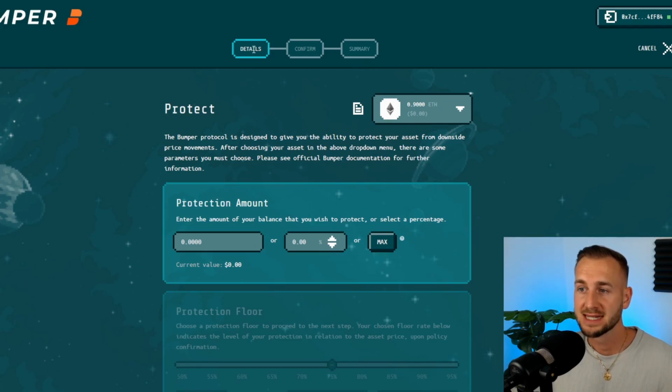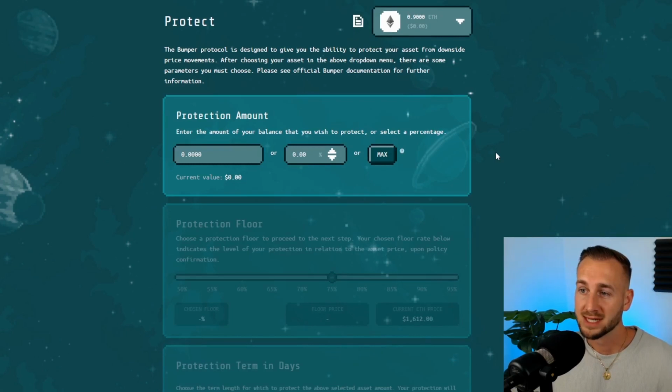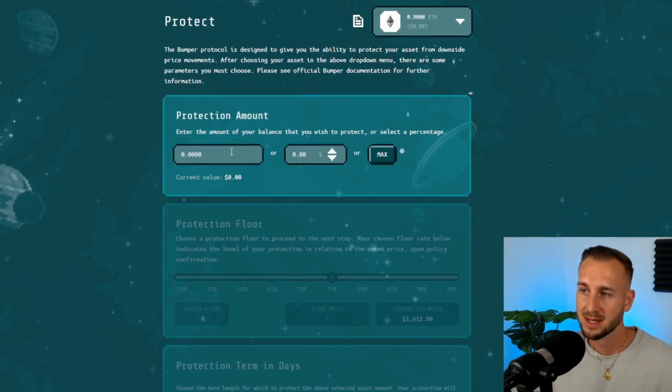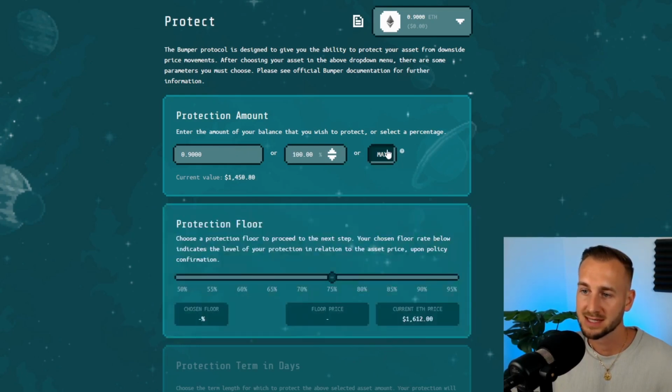So 3 stages here: details, the confirmation stage, and a summary. So it says protect. The Bumper protocol is designed to give you the ability to protect your assets from downside price movements. Now in here, we just got to fill out the drop down of options. So protection amount, enter the amount of your balance you wish to protect. So if I just press max on here, we can see what I've got left, 0.9 ETH, which is 100% of my portfolio. You can obviously toggle this down, bring it down by 1%. Maybe we'll just do say 95% for argument's sake on here. So 0.855 of an ETH,